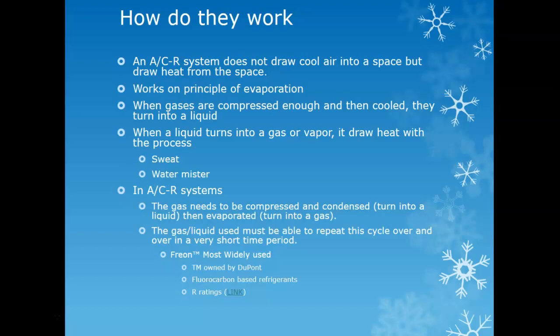Refrigeration, the term we typically use is Freon. Freon is, funny enough, I've had a lot of ACR guys tell me Freon is not what it's called, because Freon is a very, very specific product. It comes down to this. Freon is a product. There are other products of similar type. Why it's Freon is because it's one of the first ones that was on the market. It's trademarked and owned by DuPont.